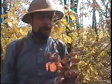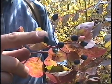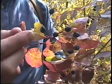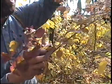Okay, here is the wild raisin, Viburnum prunifolium. It is a shrub like all the viburnums with opposite leaves, leaves in twos, clusters of berries sort of in an umbrella-like configuration. And this has roundish berries. Growing quite near it is a relative called a nanny berry, which looks fairly similar, except notice the nanny berries in my left hand have elongated berries,